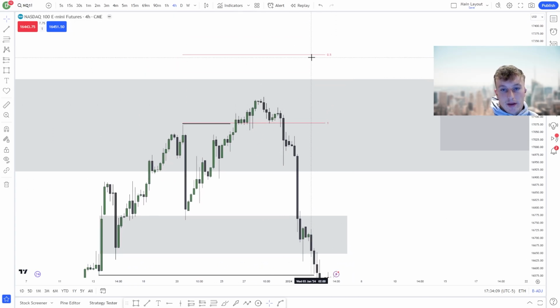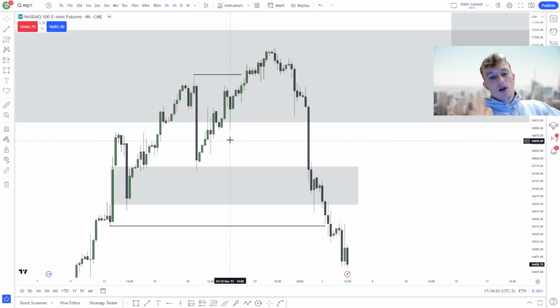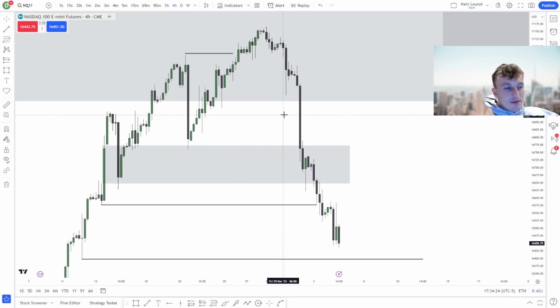So because of that, this would not be a good long when we retrace, because we barely displaced above the previous range, and we need to displace above it more than 0.50. Okay. So now that we understand that, and we're in an obvious weekly fair value gap, I'm literally just waiting